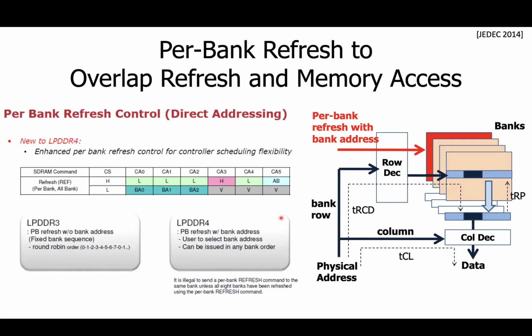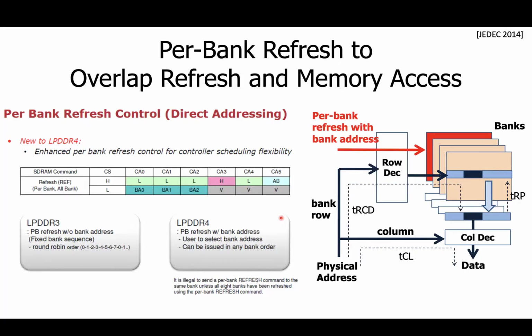Upon receiving the refresh command, the DRAM determines which row to refresh. So the memory controller does not know which bank is under refresh. So during the refresh time, the memory controller could not access DRAM because it does not know which bank is